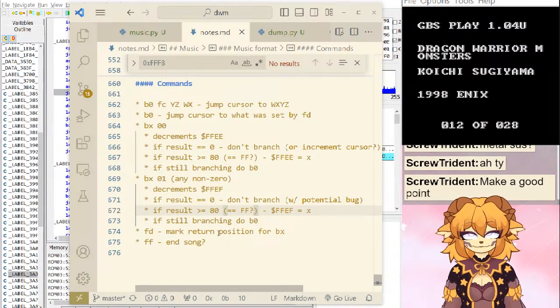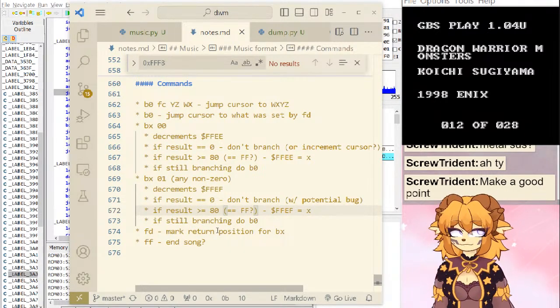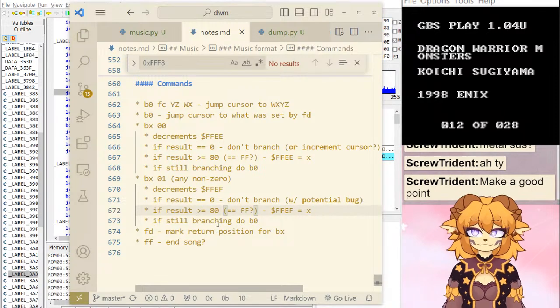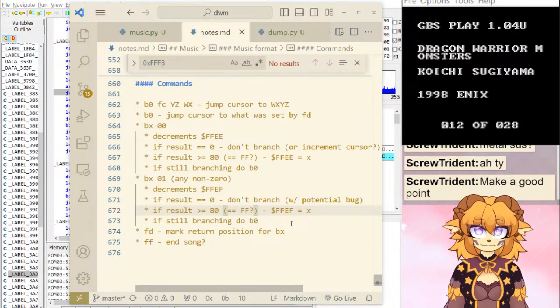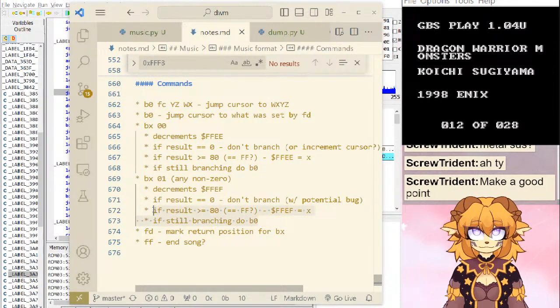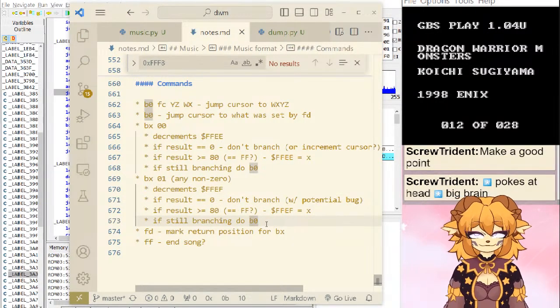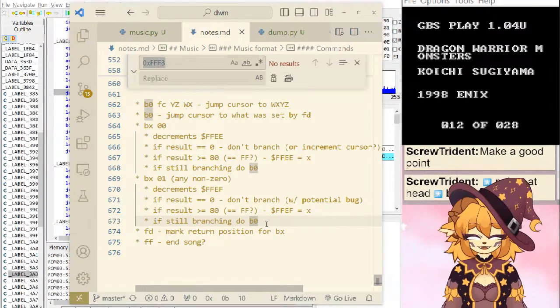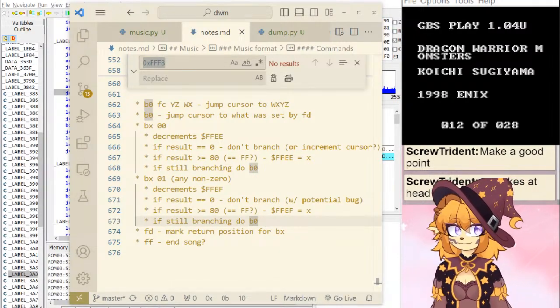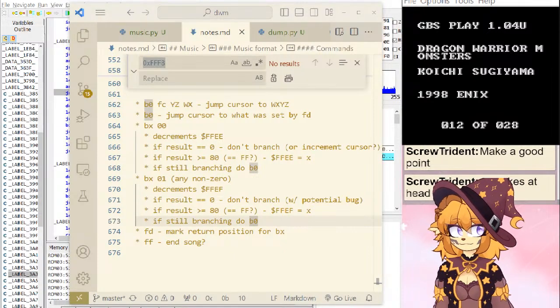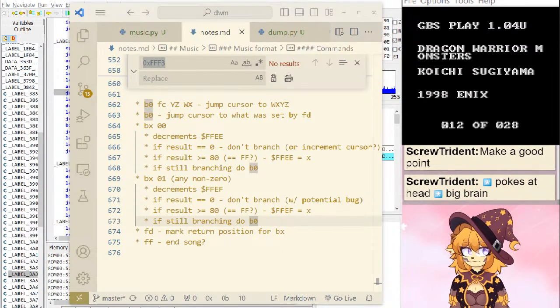Good point. Hmm? Not sure what you mean. Looks ahead, big brain. Be big, darn it. Oh, that reminds me. Hat. Why do I keep forgetting this? Need the thinking hat. Oh, too simple.